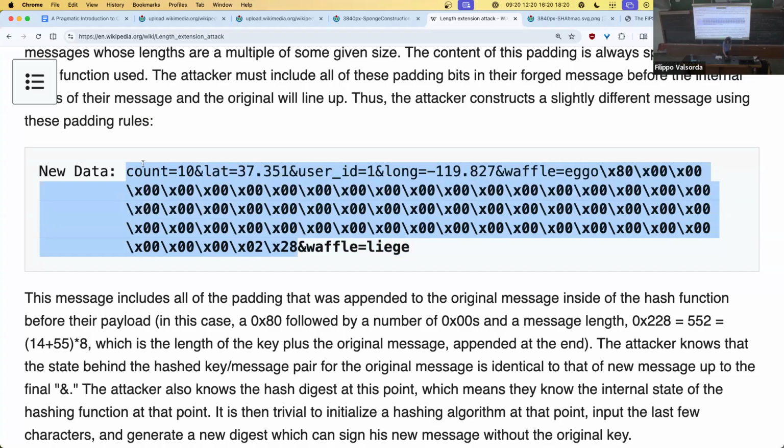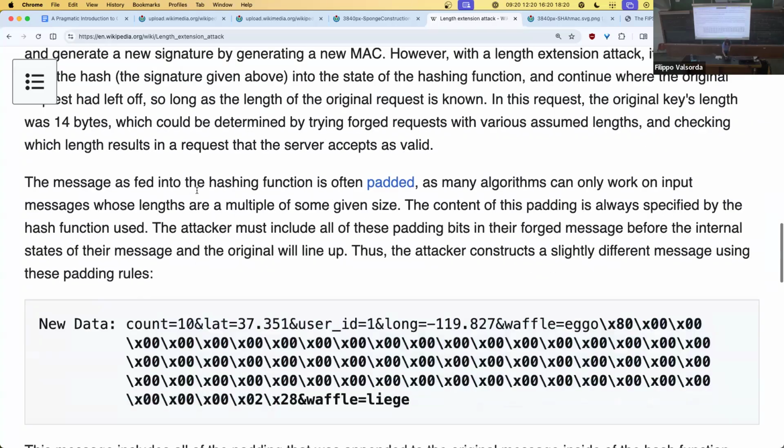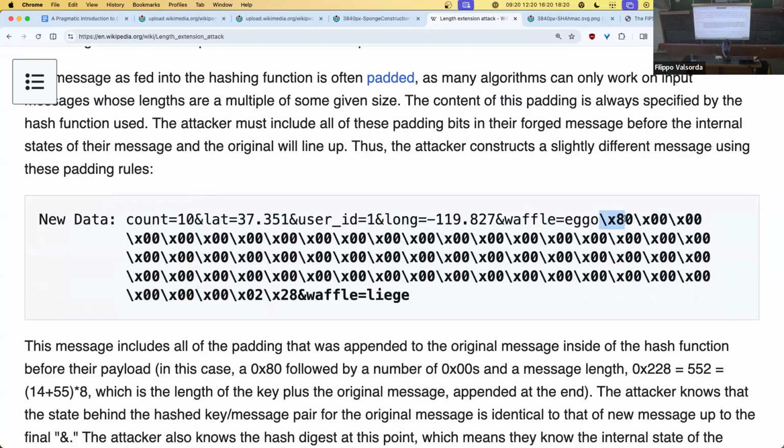So instead you say, oh yeah, my new message is this. So think about the intermediate states of Merkle-Damgard, the thing that hashes one chunk at a time into the intermediate state. When you get here, the intermediate state will be the same as when you're done hashing this message. Because at the end, we add the 1 byte, the 1 bit, the zeros, and then the 2 bytes of length. And if you added any bytes at the end, these would end up here. And you could do the same attack.